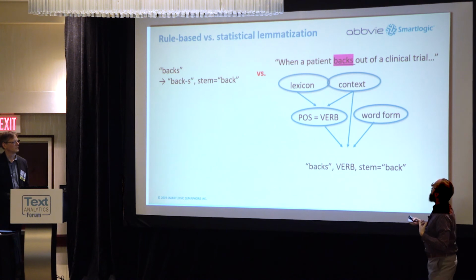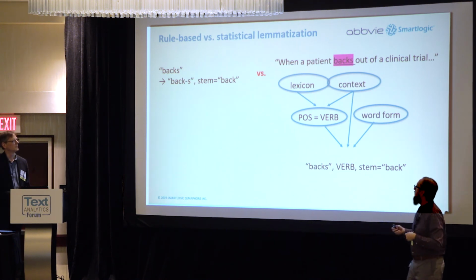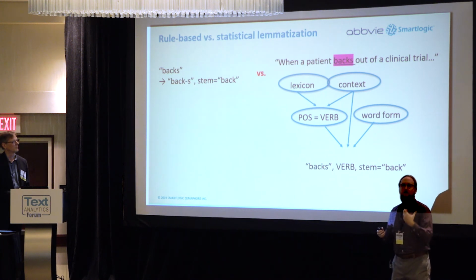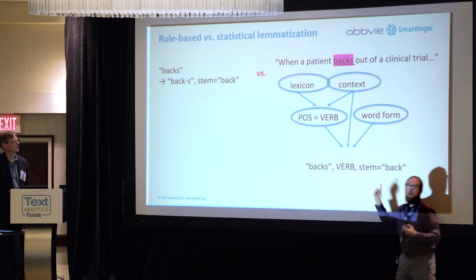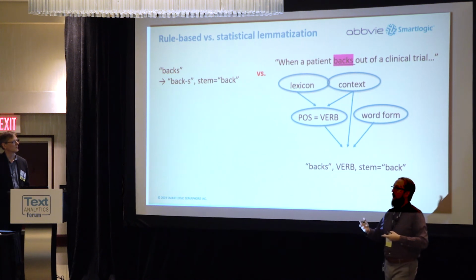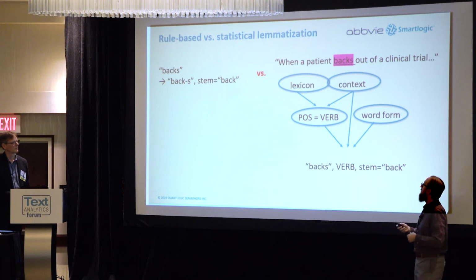So now we have a context like when the patient backs out of a clinical trial. This is just a hypothetical example. If it can infer that this is a verb, yes, it might stem it down to the word back, but it's the verb back. And so having that information encoded is something that can be really important to disambiguating these highly ambiguous